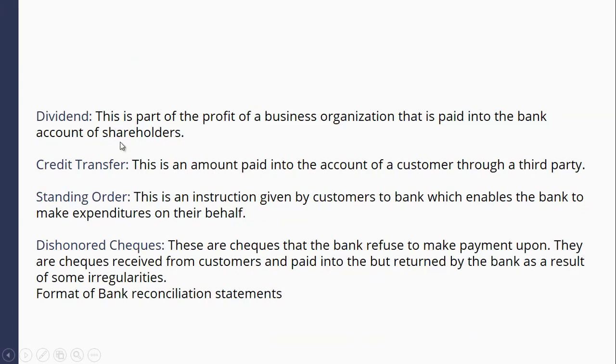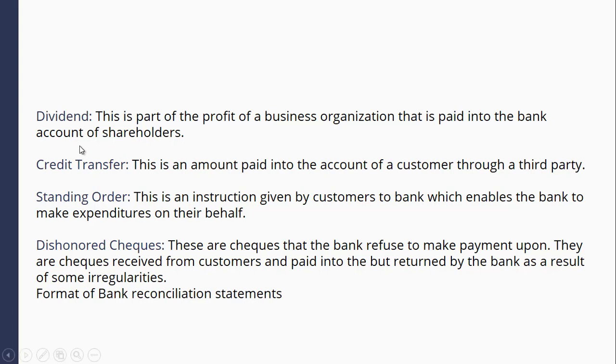Number 3 is dividend. Dividend is part of the profits of a company that is paid to a customer of a bank, and dividend is usually paid into the bank account of a customer who must be a shareholder of that company. So whenever dividend is paid into the account of a business organization, the business organization's accountant will not know,